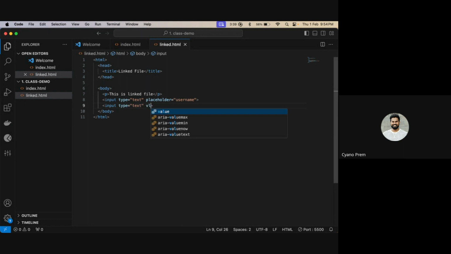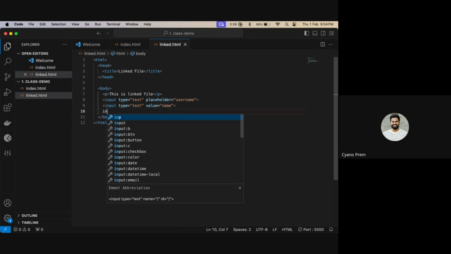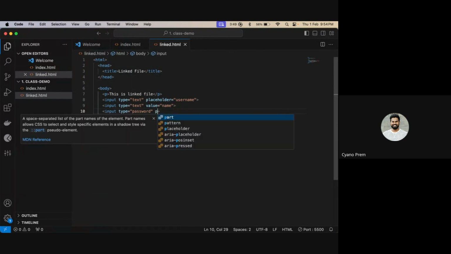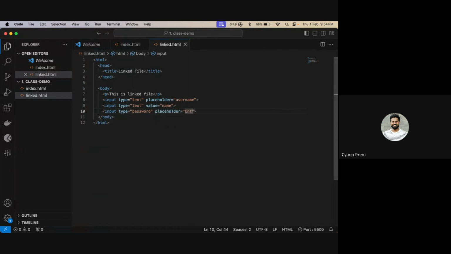Instead of placeholder, I'll give some value as name. Next input, instead of type text, I'll give password, and I'll have a placeholder called enter your password. So let's see what all these three tags are showing as output.